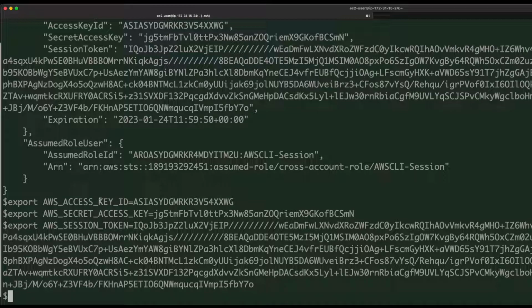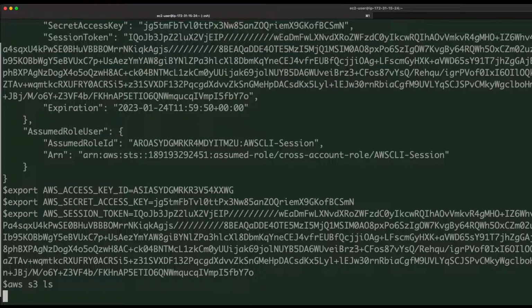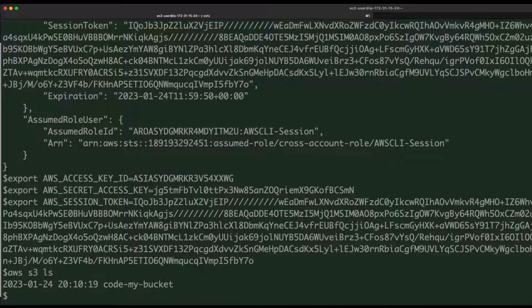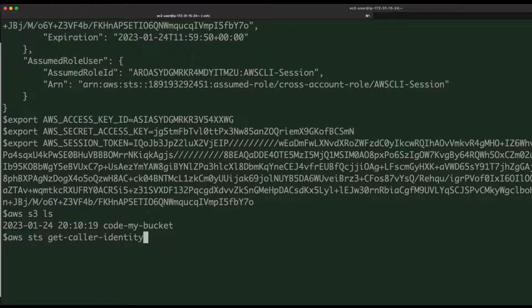Whenever you use AWS CLI, it checks whether there are any keys in environment variables, then it uses those variables; otherwise it goes and checks the config. So this is done. If I try now aws s3 ls, yes, you are accessing the S3 bucket in account B. So if I run the sts get-caller-identity,